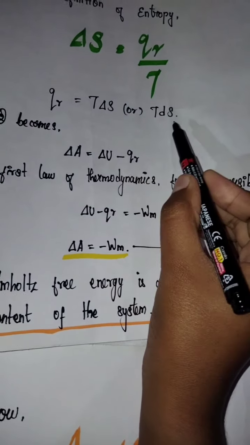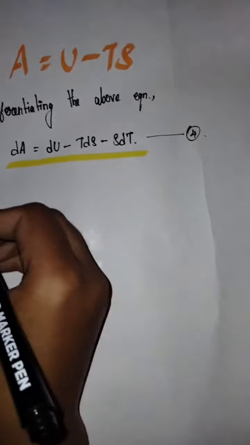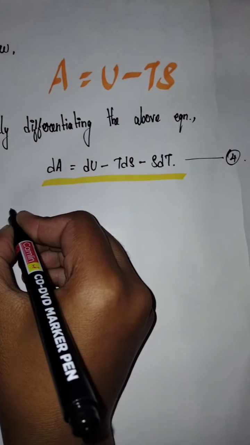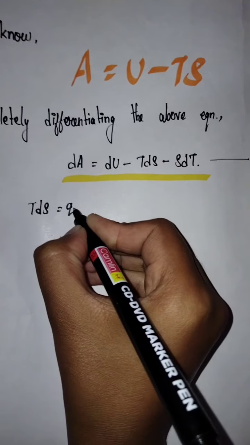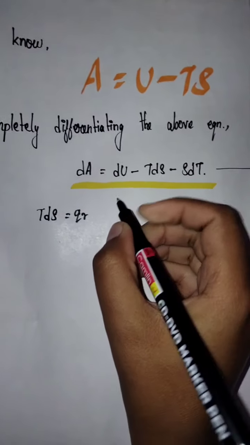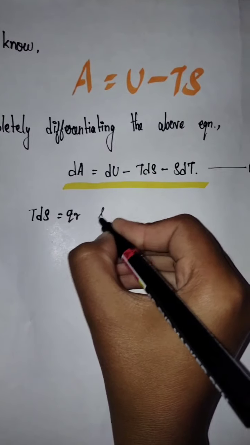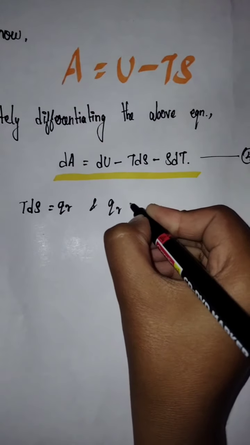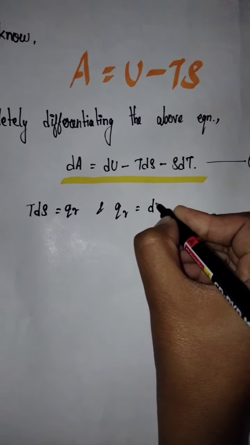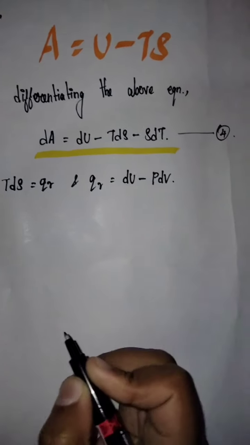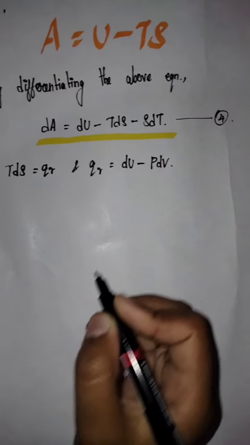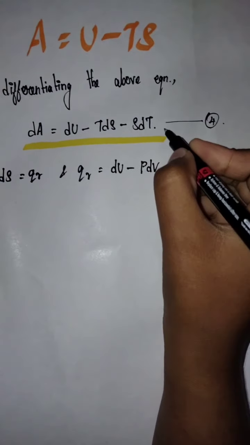So we are substituting it here: TdS is equal to Qr, and Qr is equal to dU minus PdV. Now we are substituting it in the fourth equation, and the equation becomes